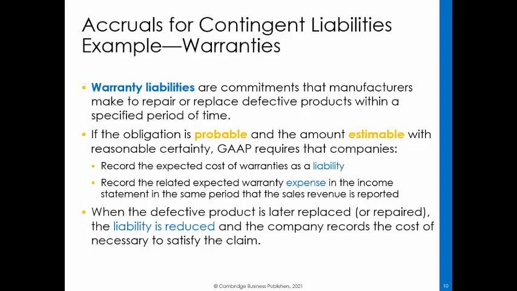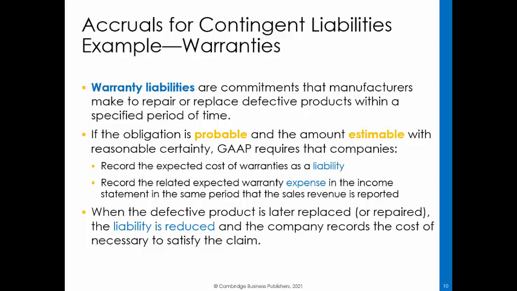If the obligation is probable and the amount estimable with reasonable certainty, GAAP requires manufacturers to record the expected cost of warranties as a liability and to record the related expected warranty expense in the income statement in the same period that the sales revenue is reported. When the defective product is later replaced or repaired, the liability is reduced together with the cost of the inventory, cash paid for labor to repair the product, parts used in the repair, and any other costs that were necessary